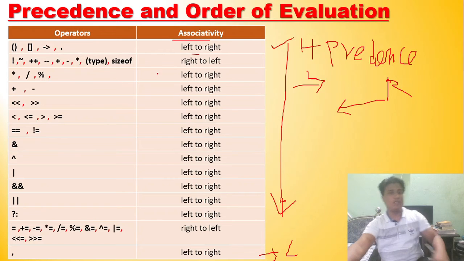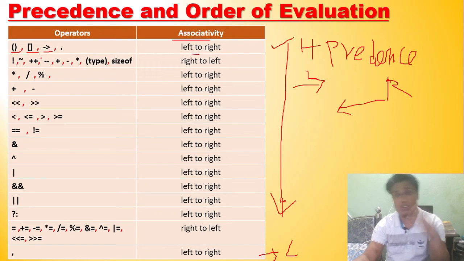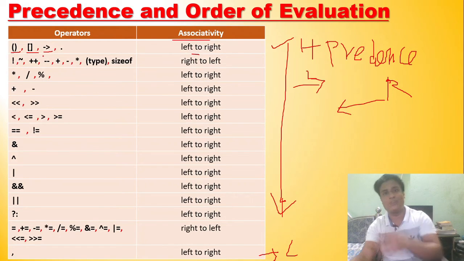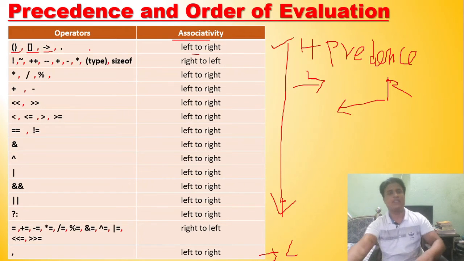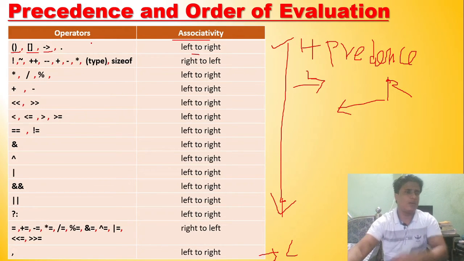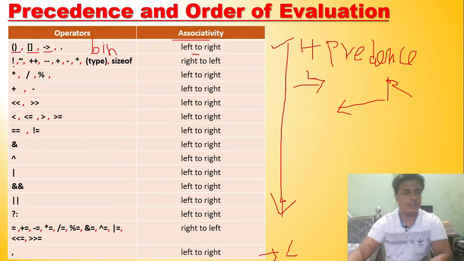So now moving on. This is what I told you, brackets or parentheses. Remember the BODMAS rule. These are parentheses, these are square brackets, and this is the pointer sign, which you use to access a structure through a pointer, which I will discuss further on. Don't worry about it. This is the dot operator. These are usually binary operations. There are two types, binary and unary, and these are unary operations like increment.